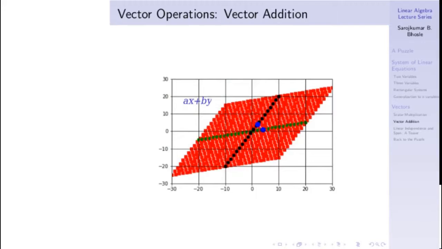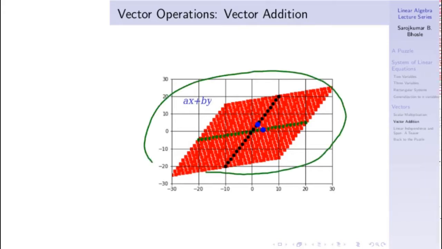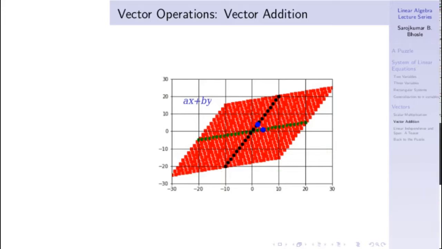And if we scale both x and y by positive as well as negative numbers, if we allow a and b to vary from minus infinity to plus infinity, then this set of points covers the whole xy plane. Now at this point it is very important to understand that we can represent any point in the two-dimensional plane as a scaled version of x and y. This is very important to understand at this point.